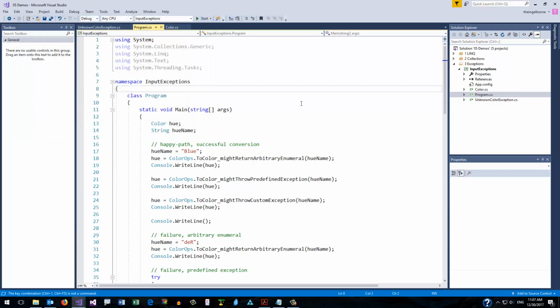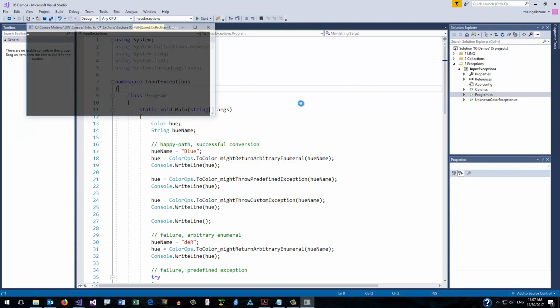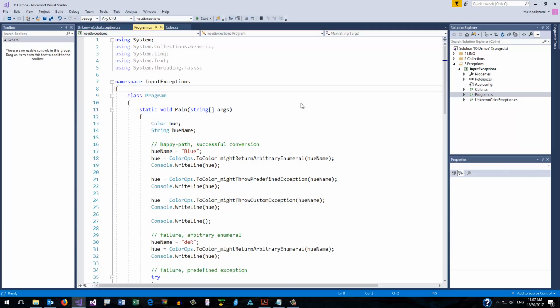If we say F5, it runs it through the debugger. But the problem, of course, is the window disappears and we don't get to see the output. So what we're going to do is stop execution partway through. There's a couple of ways you can do this. The simplest and easiest way is over on the left-hand side of the code window, you see a gray bar. If you click on that bar on any line of code,